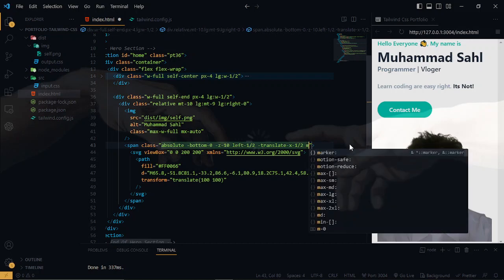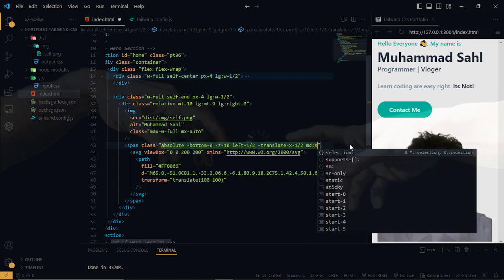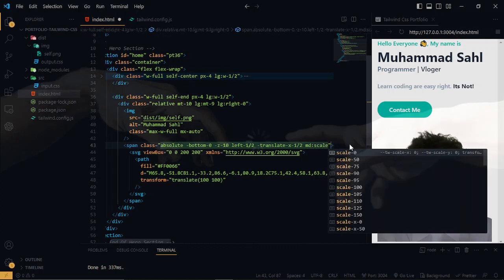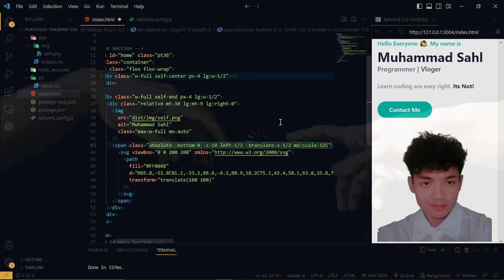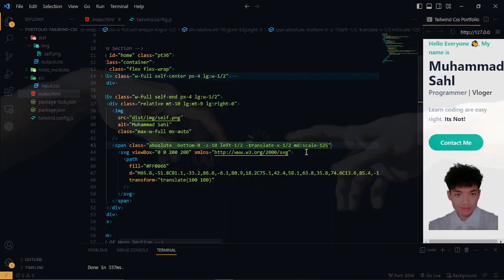And in medium I will put scale 125, so when the dimensions are stretched, the blob will be shown and get bigger. Okay, where is the blob? Okay,